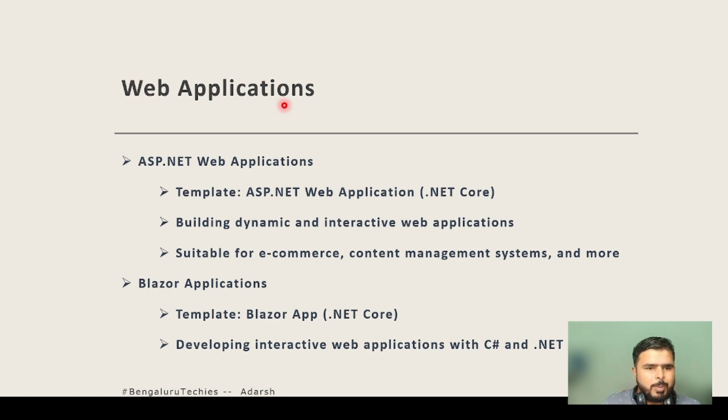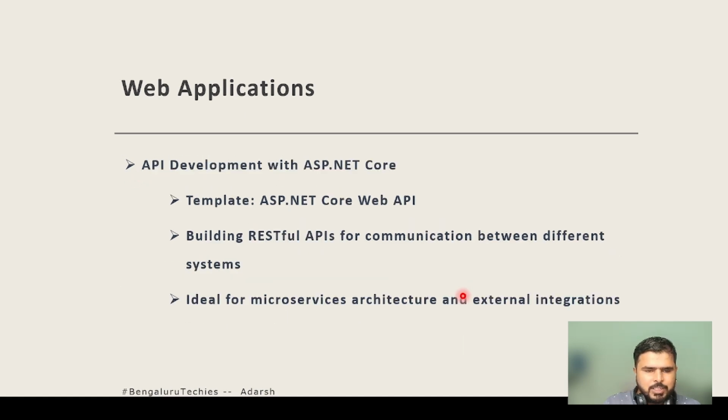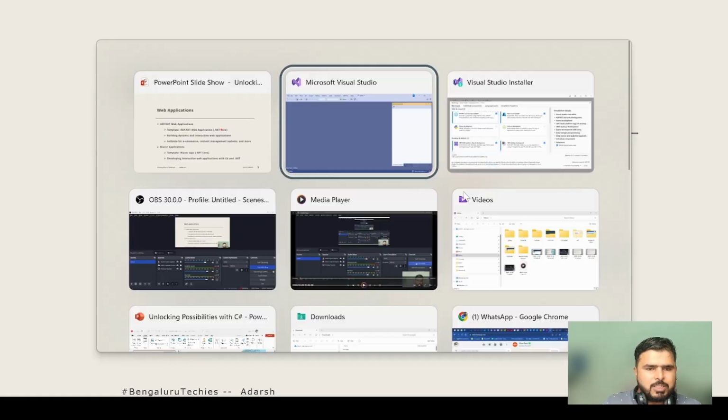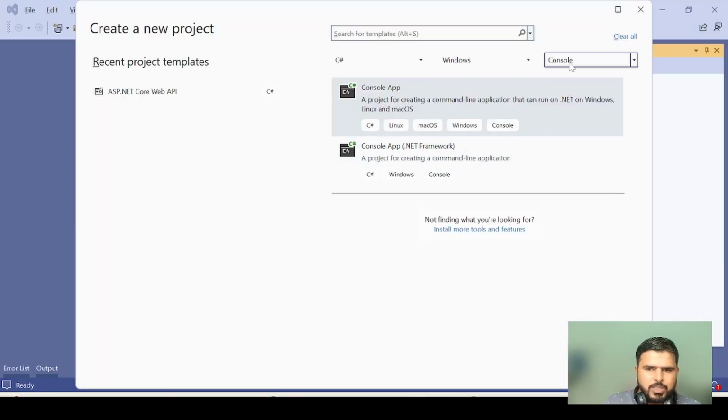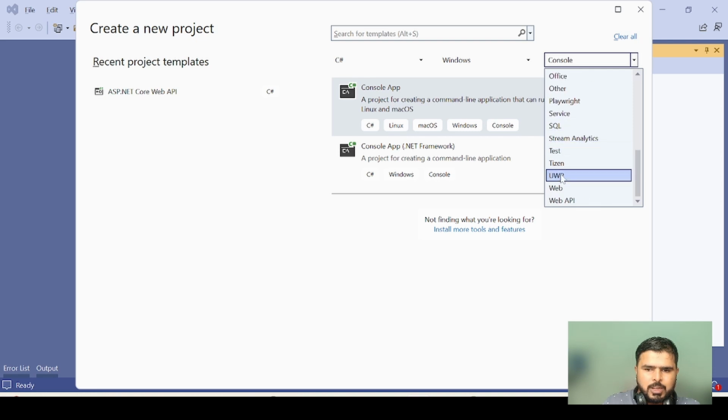So under this web application category, Visual Studio offers multiple varieties of templates. I've tried to list the most commonly used three templates here. That is ASP.NET Web Application, Blazor Applications, and API development with ASP.NET Core. So let's switch back to Visual Studio and try to see this one. If you click on this drop down and scroll to the very bottom, you have both web and web API. And on the top, you have